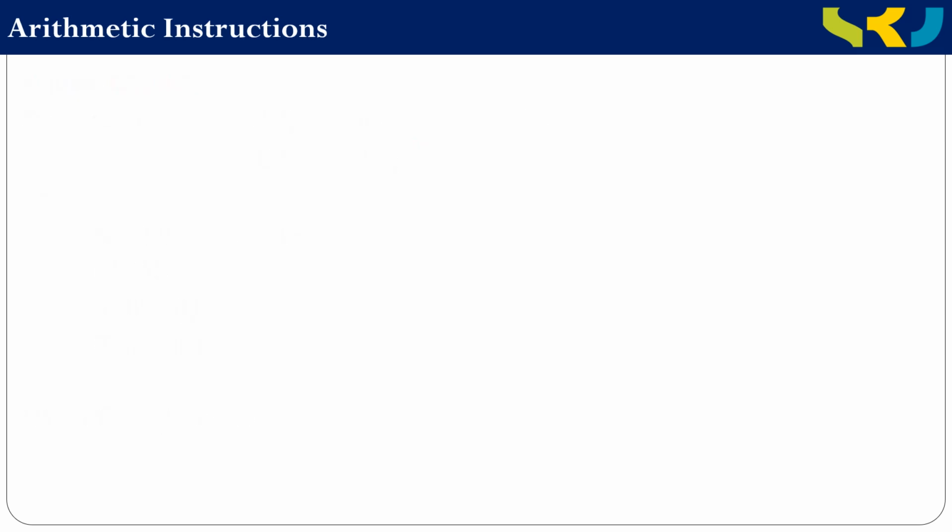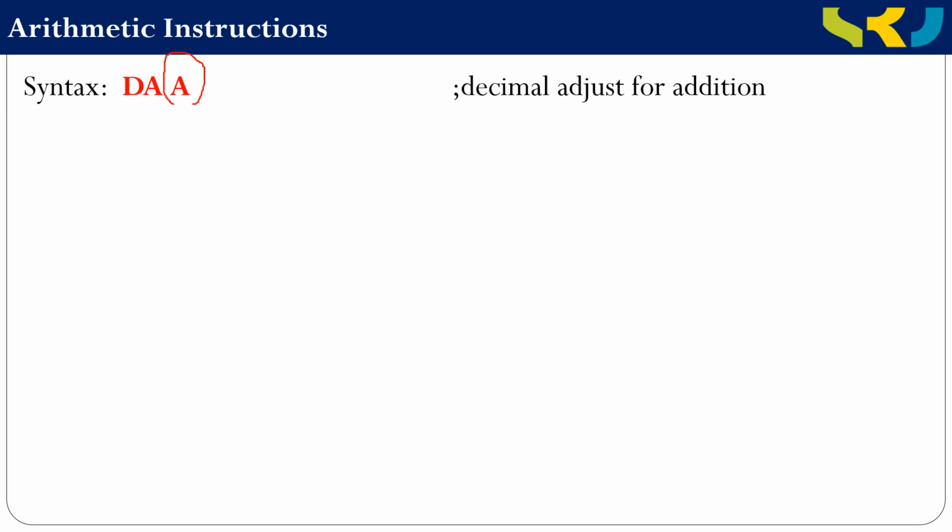Now let us move on to the decimal adjust after addition instruction. This instruction only works on the A register. And one more important thing, we need to use the DA instruction only when you are performing the addition operation on decimal numbers. Suppose, for example, let us consider I am assuming my two input numbers are